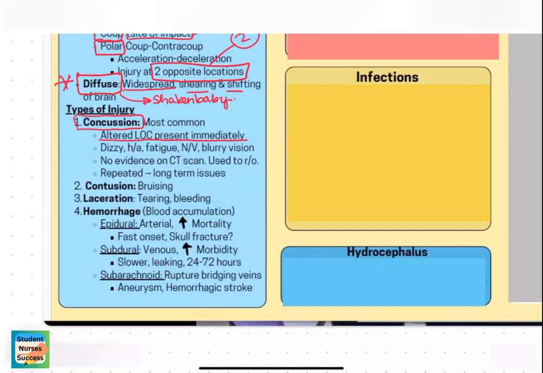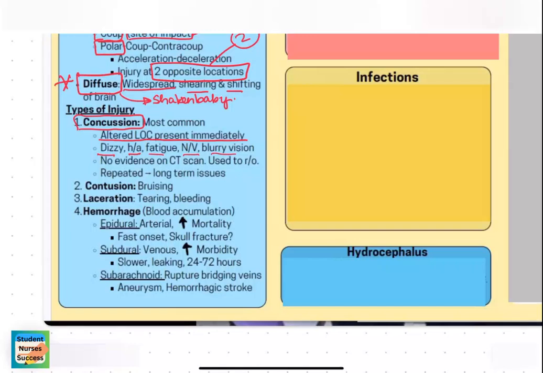So anybody who hits their head and is a little out of it, even for a second, that could be a very mild concussion. If you lose consciousness, it's probably a little bit more of a moderate or even severe concussion. After a concussion, patients usually complain of maybe some dizziness, maybe a headache, fatigue, tiredness, possibly nausea and vomiting, or even a little blurry vision. They would not have to have all of those symptoms, maybe one, maybe more than one.